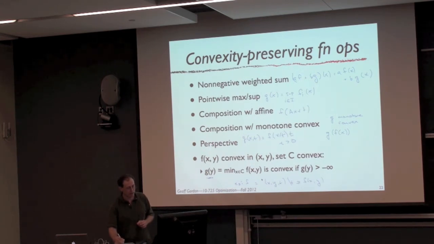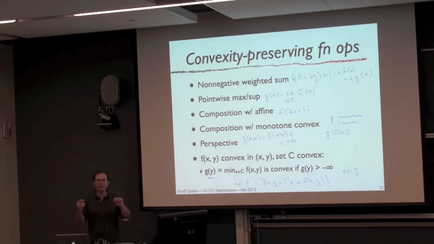Now if we look at the epigraph of g, we can get that by just dropping x from the epigraph of f. Because I get to minimize over y,